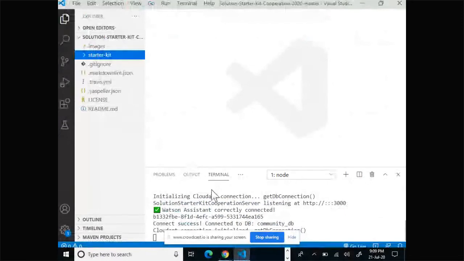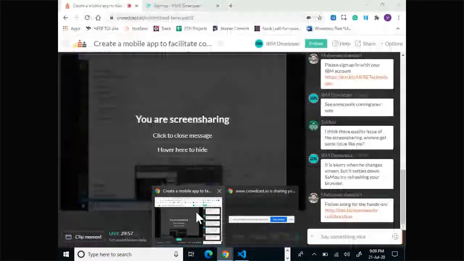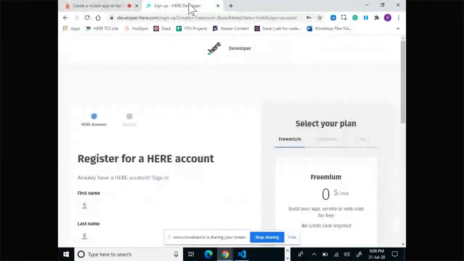Now, before getting into the code, let me explain how you can acquire the API key, which is required for your mobile application to fetch the content for the map from your server. What you need to do is simply go to the link shared in the chat. Mohammed will be sharing it with you, which is a sign-up link. And it is a link to our developer portal,